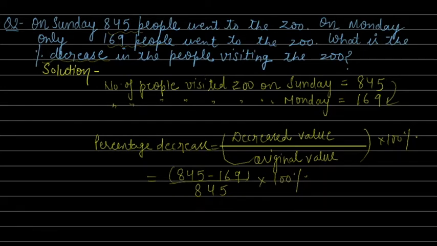So let's solve it. 845 minus 169 will be 676. Then 845 into 100. Now, this is divisible by 5. 5 2s are 10, 0 as it is. This is also divisible by 5. 5 1s are 5. 6, 7, 8. You are left with 34 here. 5 6s are 30 and 5 9s are 45. Now if you see 169, this is 20, this is 676. If you solve this completely, we are going to get 80%, right?